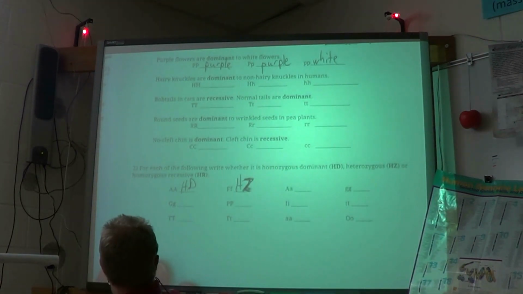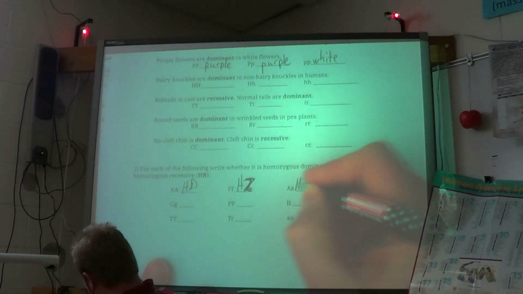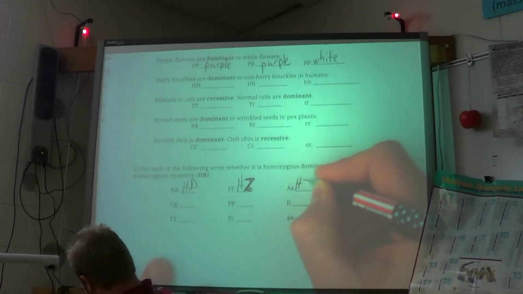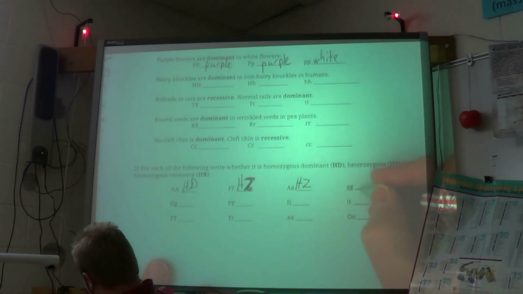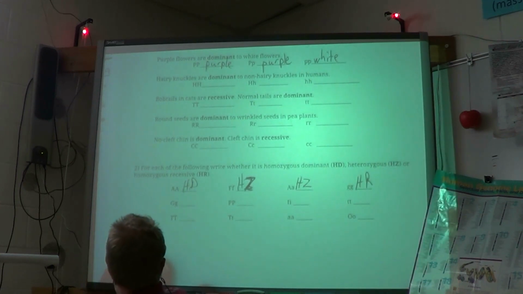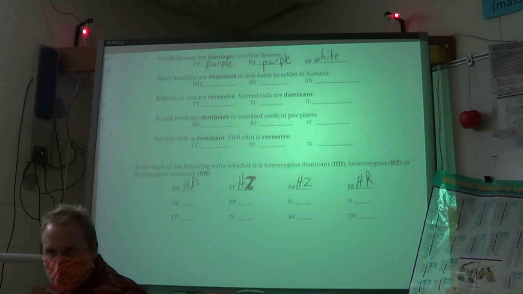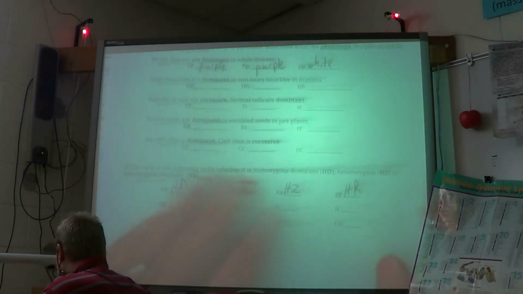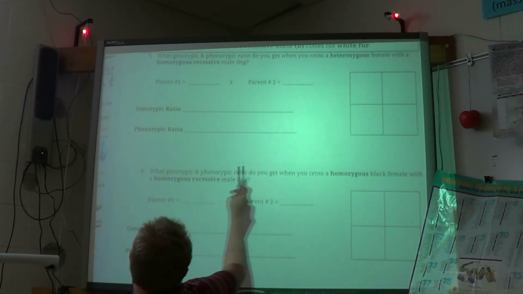Okay, that's HZ. Big A, little a, same or different? Is that homo or hetero then? That's heterozygous, so HZ. Little g, same or different? Same, so that's homo. And do the littles represent dominant or recessive? Recessive. So that's going to be HR. Any clarification on those? Okay, then from there it's kind of going through and giving some information, like you take a